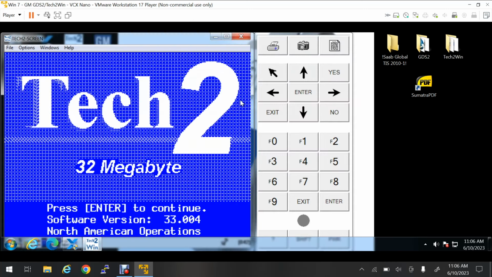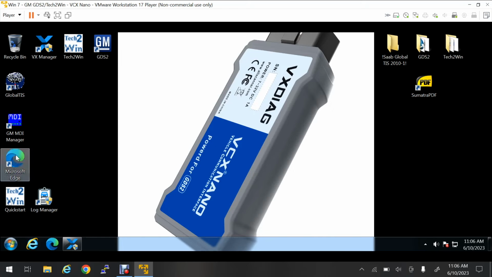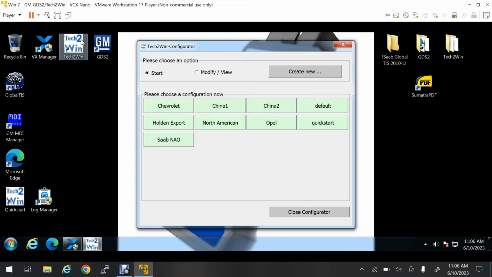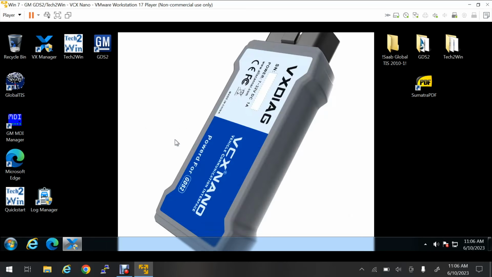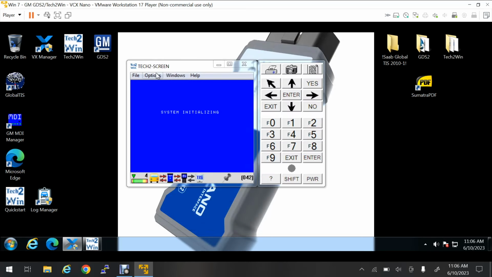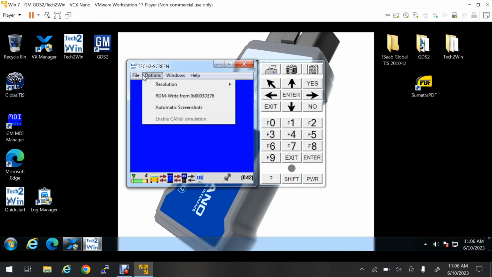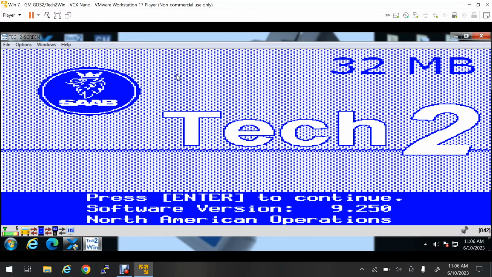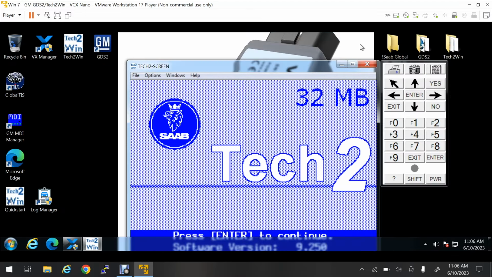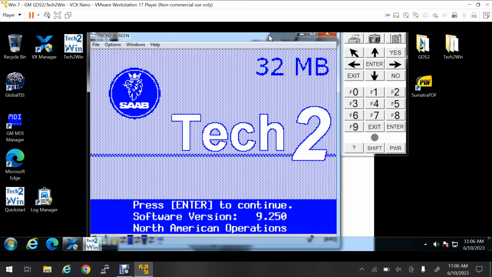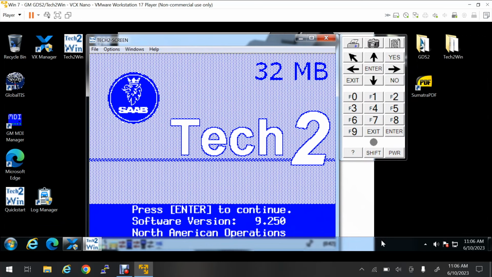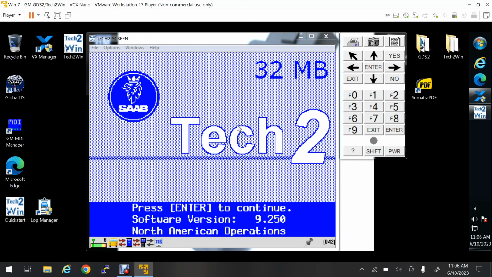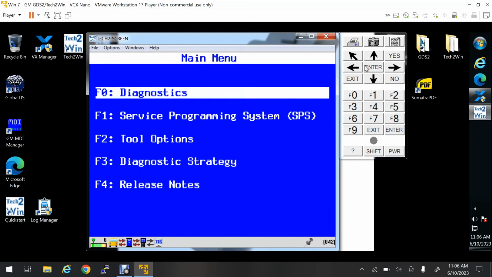Oh, I want to close the Tech to Win. Okay, and now we're going to reopen the Tech to Win, and we're going to say Saab. Oh, and I'll change my resolution on this to 640 by 480 to make it bigger. There we go. And now we have that. I don't want that. I want this. Sometimes it helps if you unlock this taskbar and move it off to the side. There we go. And so now we'll just say enter on Saab, and we're going to say we want